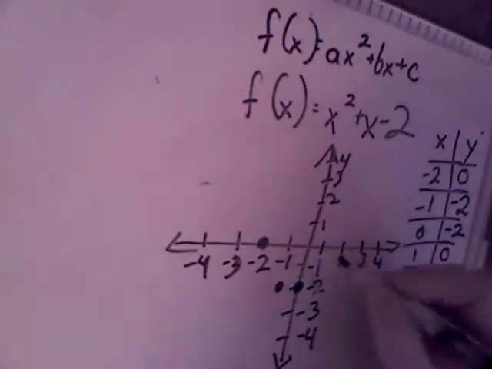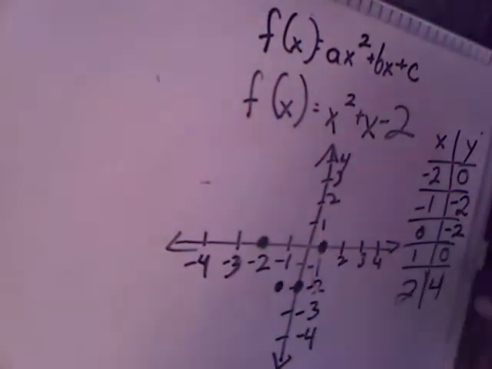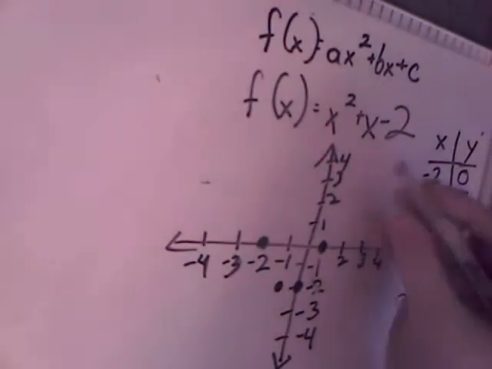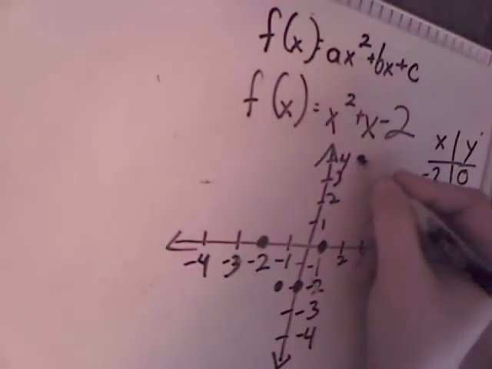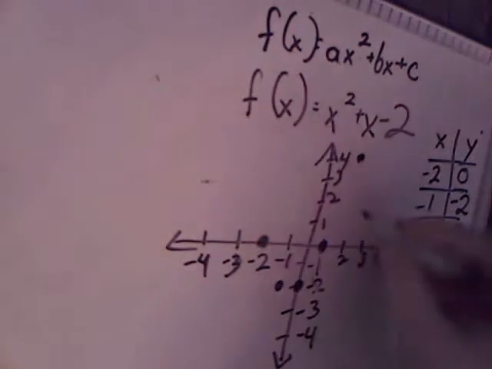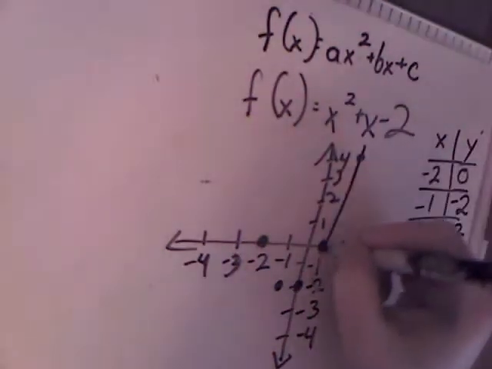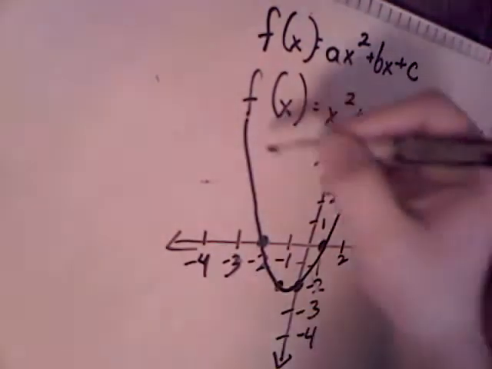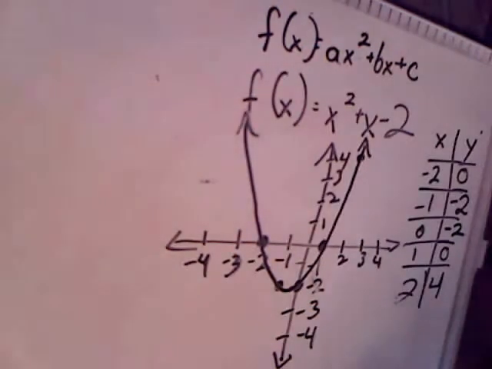Then it's 1, 0, so run 1, jump none. And then it's 2, 4. Run 2, jump 4. Now this graph is starting to look awfully interesting because I don't have anywhere close to a line. What I'm getting is called a parabola. And a parabola is roughly a U-shaped figure that is going to show